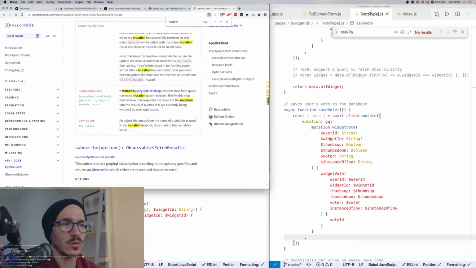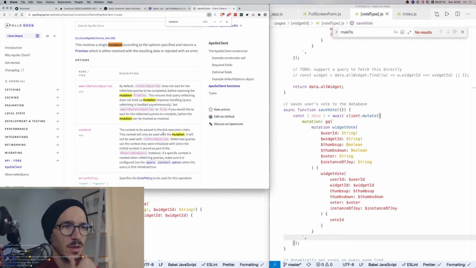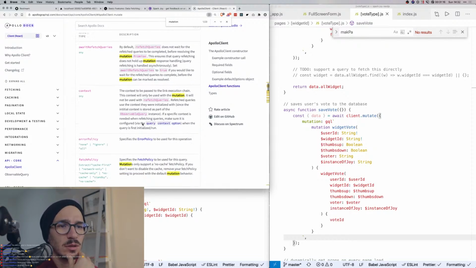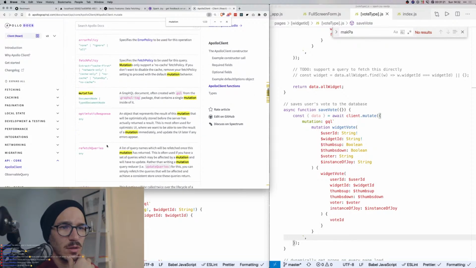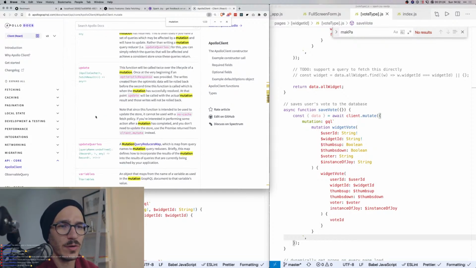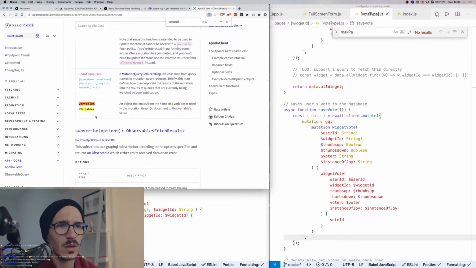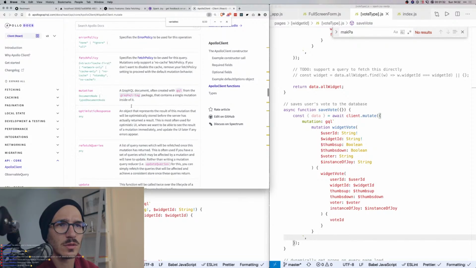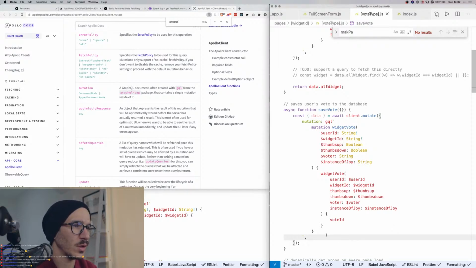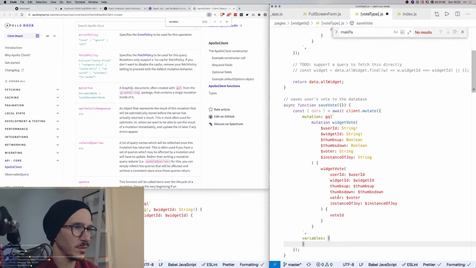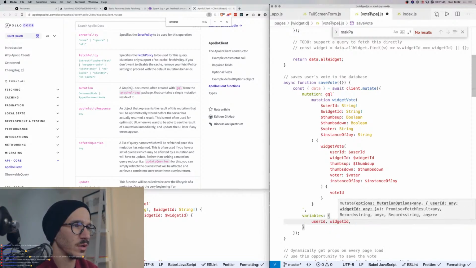Update queries, subscribe. Where do I put variables for this stuff? Context to be passed to the link execution chain. No, I don't need that. Error policy, fetch policy, mutation, GraphQL tag. Where do the variables go? Does anyone know? Variables. Aha, they just go next to the mutation. Cool. So our variables are going to be, we're going to need the user ID, the widget ID,